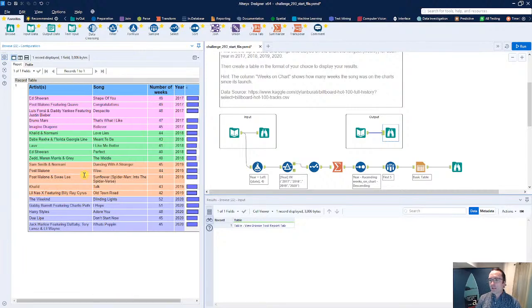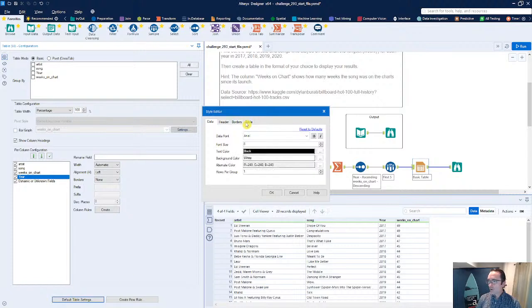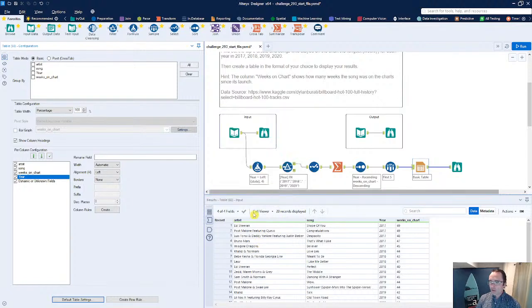What we want to do though is just do some other color coding. Clearly this is color coded based off of the year. So what we want to do is within the table itself, we're going to create a couple of rules in here. So the first thing is under default table setting. Let's go back to our table itself because there is an alternating color in the data. So under the alternate color, there's also a little trick. You can copy and paste those colors directly in here. So I'm going to do an alternating color.